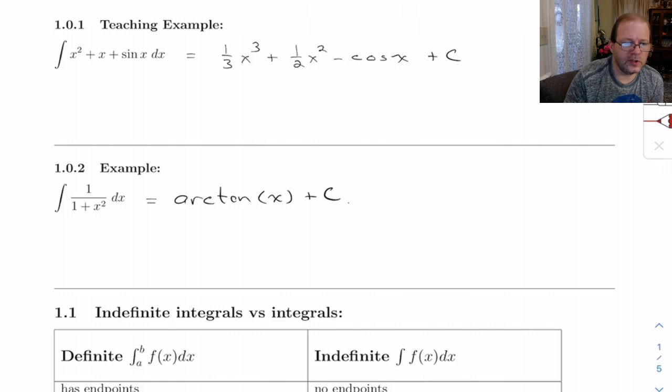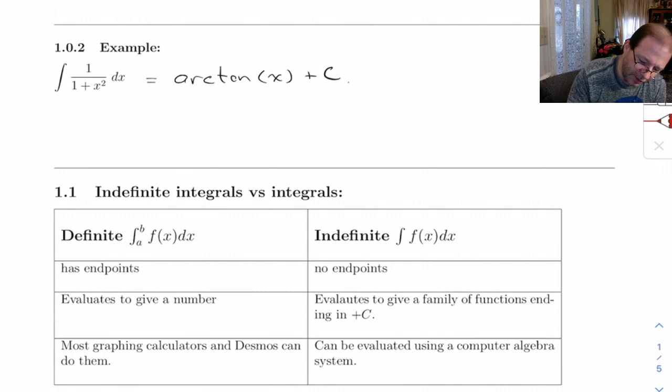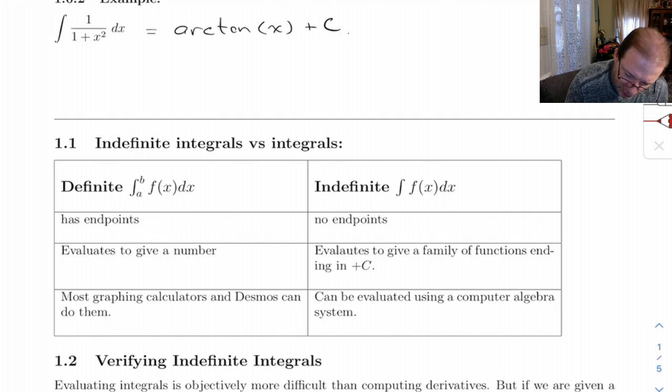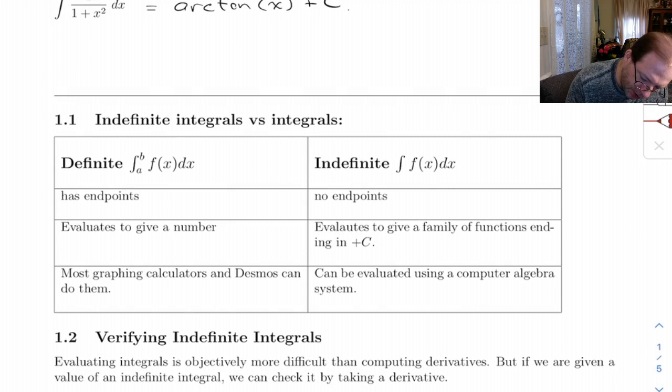So let's look at the difference between an indefinite integral and a definite integral. Definite integrals, we've learned those and thought of them largely in the context of areas. But it turns out definite integrals and indefinite integrals are very similar. The difference is the definite integral has endpoints, from a to b. Indefinite integrals don't. With a definite integral, if you evaluate it, it gives you a number. But indefinite integrals, when you evaluate those, what you wind up with is a family of functions that ends in